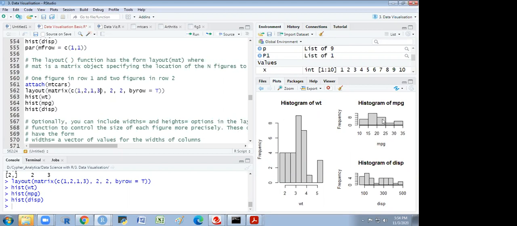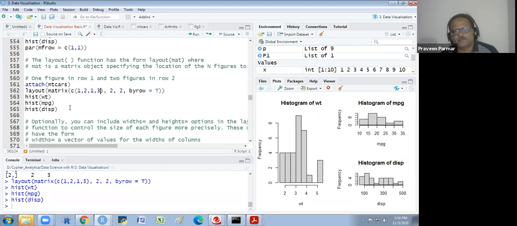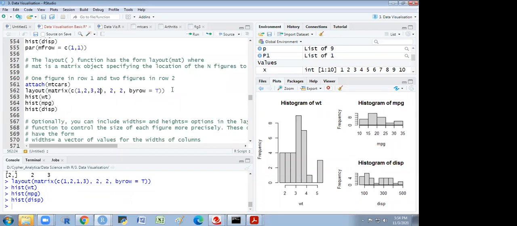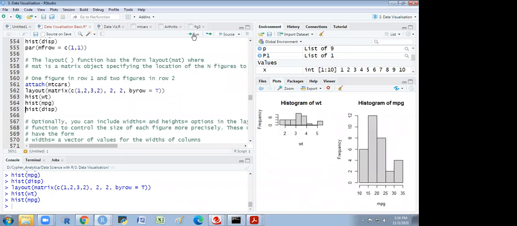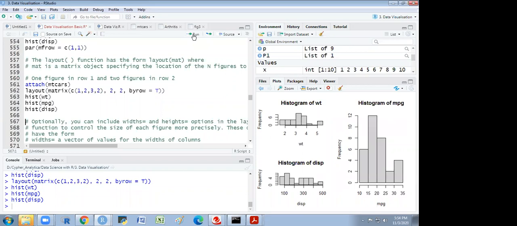The second and fourth will be the same. 1 2 is okay. 1 2 and 3 2, sorry, 3 2. Got it?